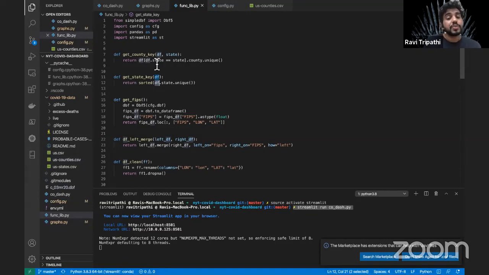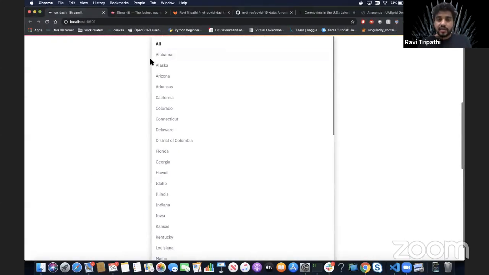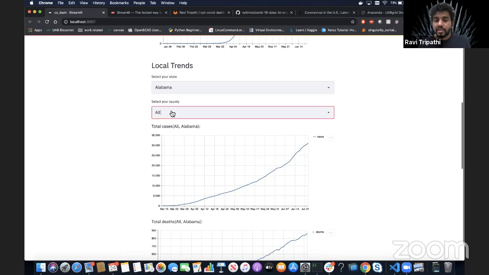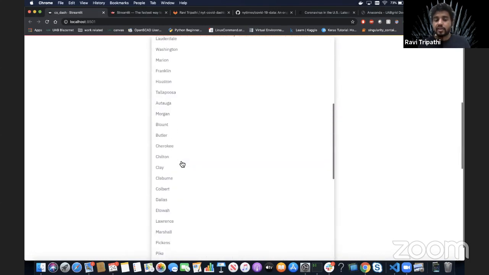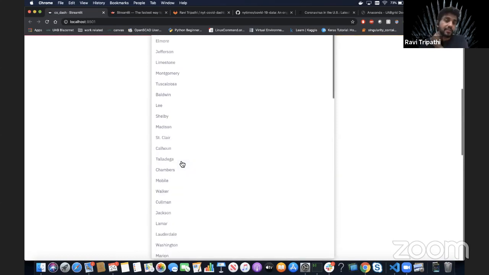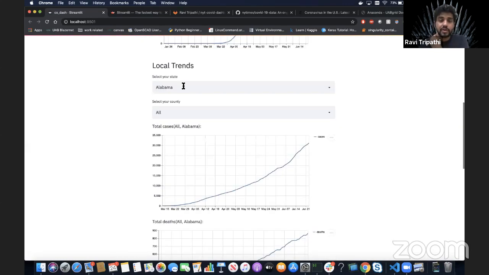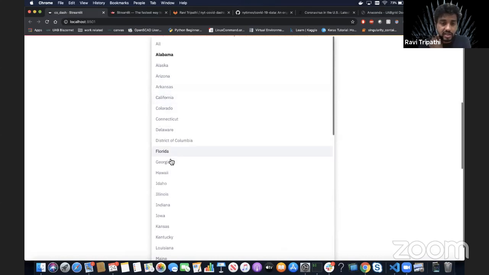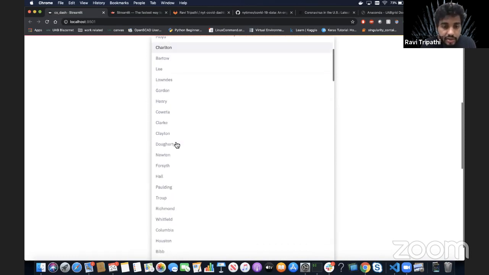And then you get county keys based on the state, so that if the state is equal to the state that you have passed, only then calculate that county. So when I'm choosing Alabama, I only see the counties that are in Alabama and not the entire country. If I choose Alabama, it will change this, and you'll see that all these counties are in Alabama. There is Tuscaloosa, Montgomery over here. But as soon as I change this to, let's say, Georgia, you'll see there is Fulton County, but I don't think there is a Jefferson in